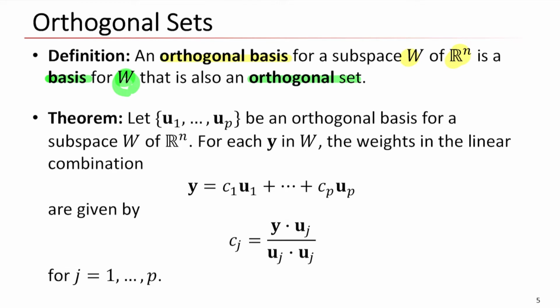Okay, so if you remember this theorem, this definition is also very intuitive, right? Do you remember the definition of the basis, right? What was the basis? A linearly independent set of vectors, right? So if you don't remember this one, please go back to our lecture 8.3 or 8.2, something like this. Okay, so this is a very intuitive definition. Okay, now we have the orthogonal set and orthogonal basis, right? Then we can